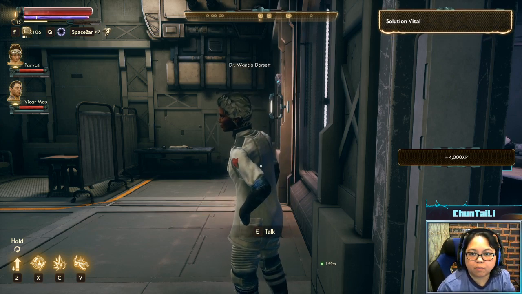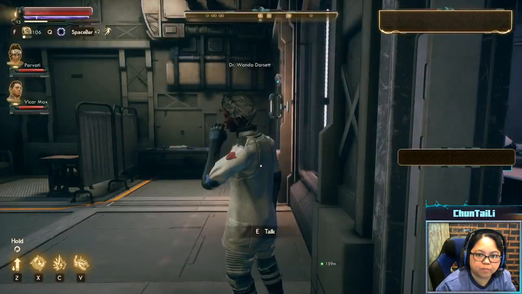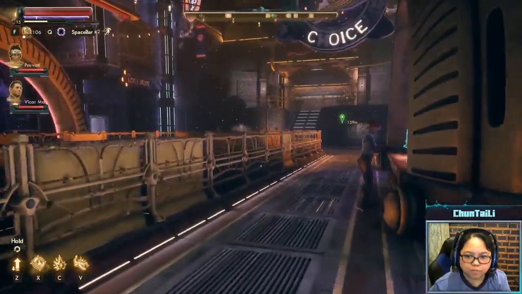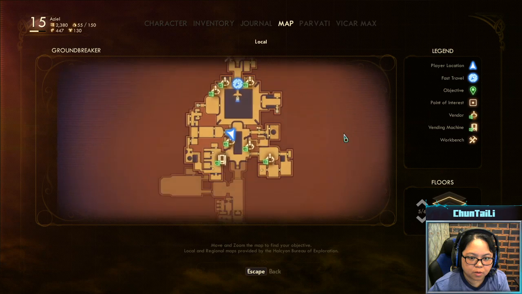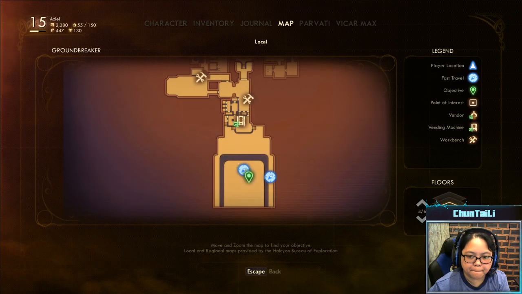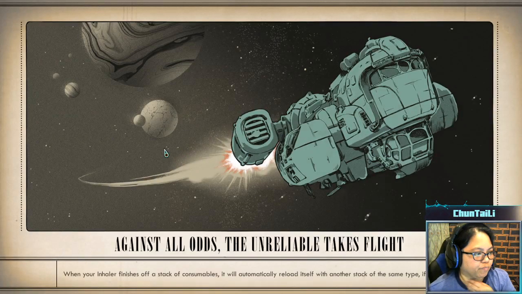Okay. Weapons from the void. Oh, we got a few things in there. Auntie's kitchen. Where am I supposed to go? Objective. Alright, I think we're on our way back to